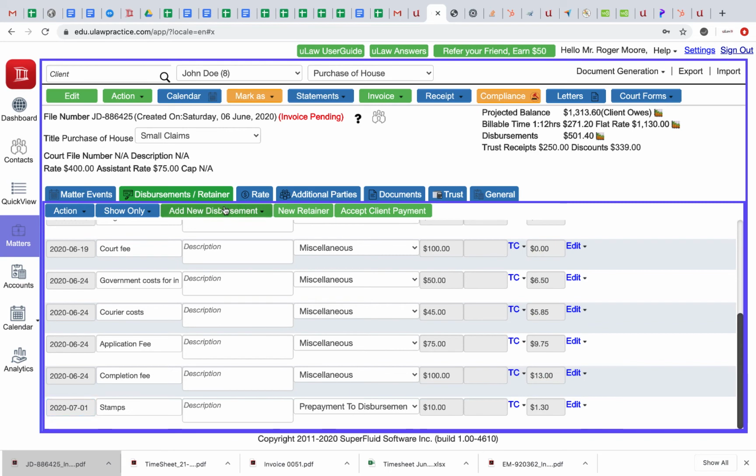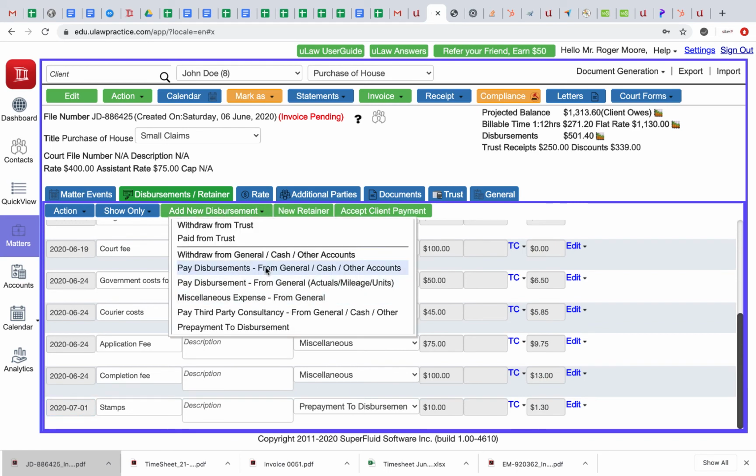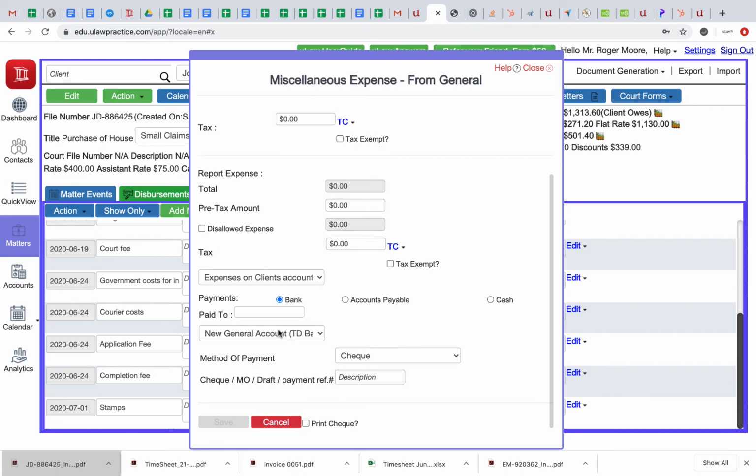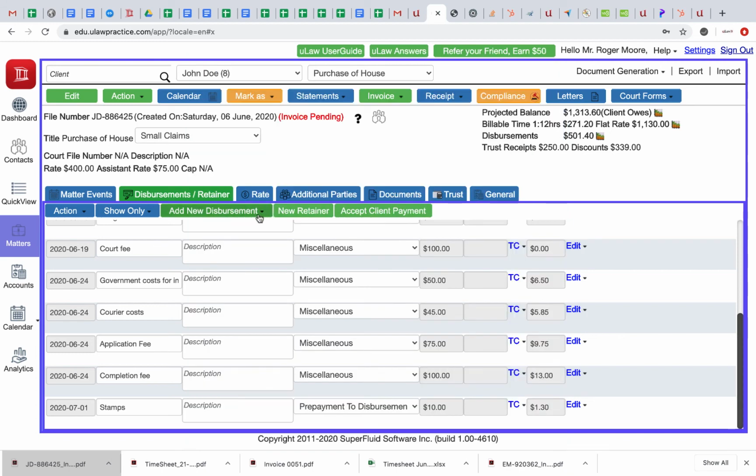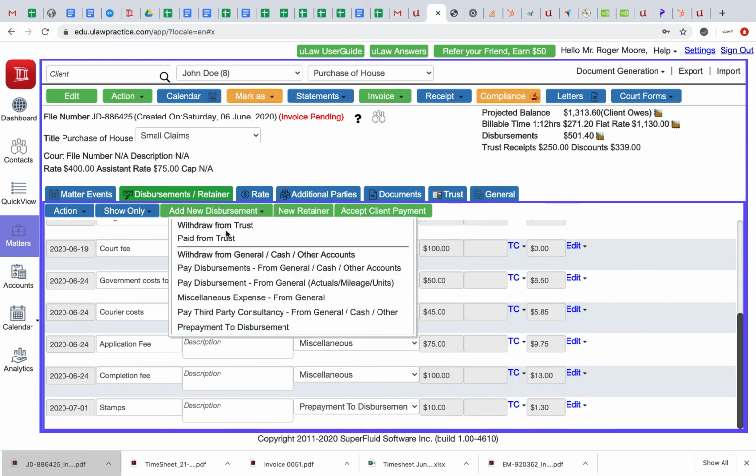So the recommendation is not to use prepaid if there was a general payment. If there was a general payment, you should have gone action, payment, and then chosen how you paid for the expense at the bottom, and this is what you're charging for the client. But if by mistake you did it as a prepayment,